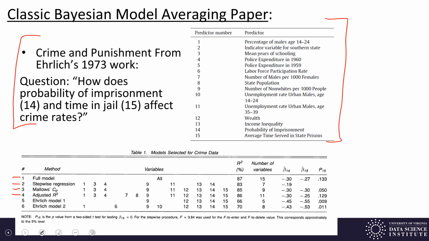The next model is the best model picked using the adjusted R squared, and then Ehrlich in his original paper had 2 models down there. In this middle section, we have a list of all the variables in each of the models. For example, stepwise regression uses variables 1, 3, 4, 9, 11, 13, and 14. Looking across the table, we get an R squared value for each model, the number of variables in each model,